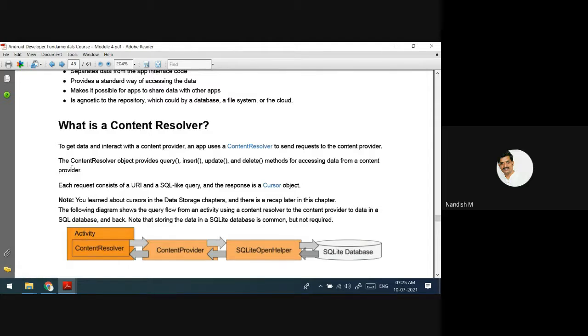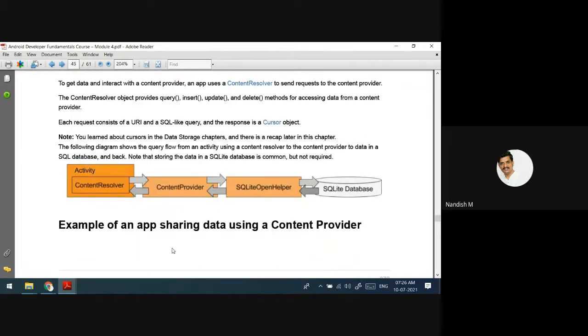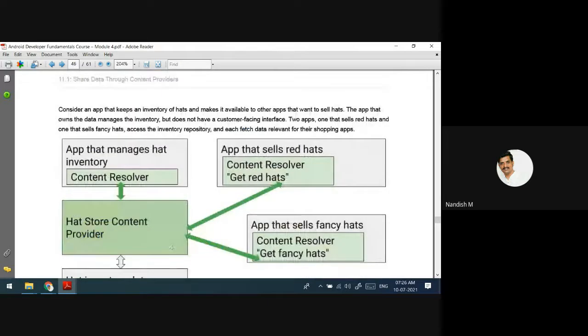The content resolvers and the content provider, by default, are given by Android, Google itself. It is a library. That library, that software, knows how to get the value from the SQLite. Why are they required? Why can't my screen, my app, directly interact with the SQL database? Why are these required, content resolvers and content providers? The advantages are